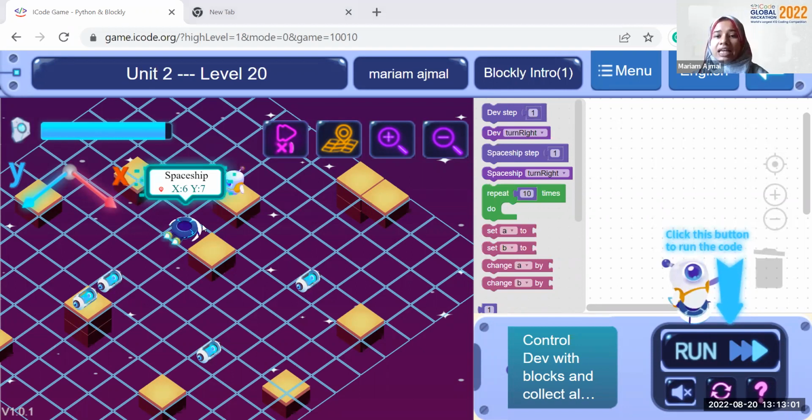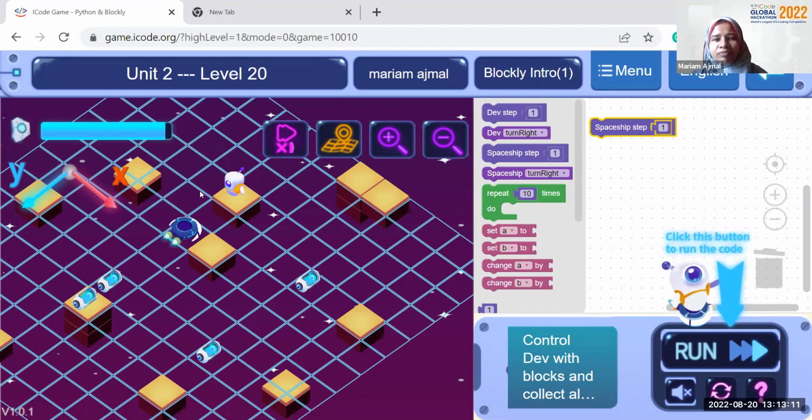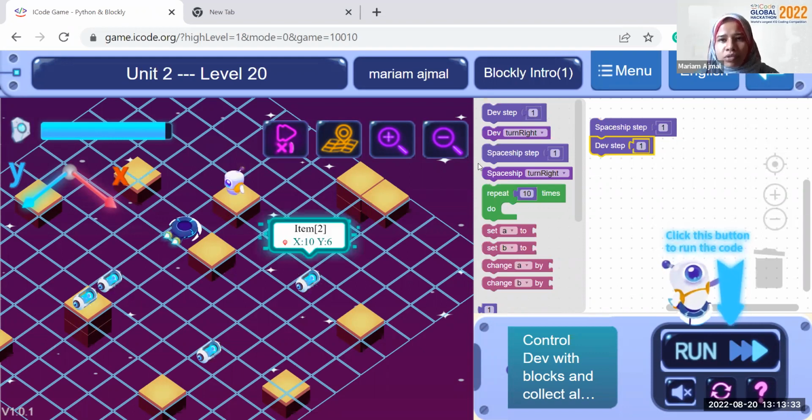So first thing, as most of you were correct, the spaceship needs to reach here. So first we use this block, spaceship step block, and the spaceship will take 1 step forward. Then Dev will take 1 step and it will mount on the spaceship. After that, the spaceship will be here. It will take a right turn and go collect this energy booster. 1, 2, 3, and 4, 4 steps there. So spaceship turn right